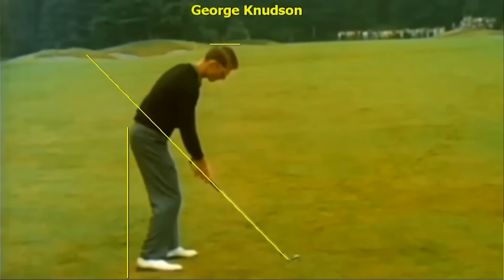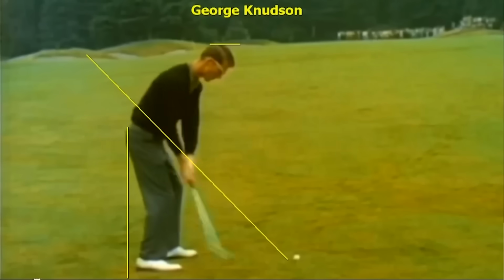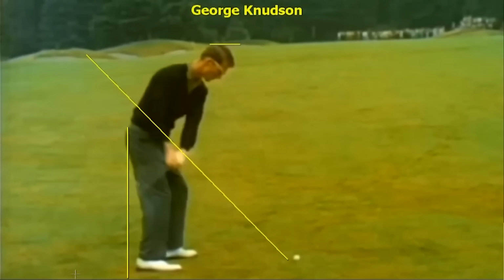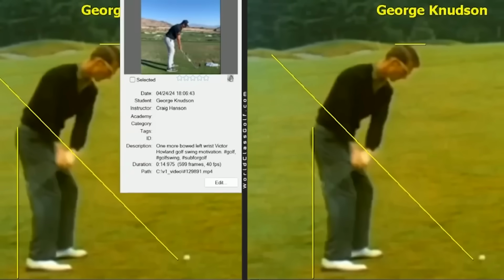So as we get further into the swing of one of the best ball strikers ever, we see that the club was taken on quite a way on the inside. And it seemed to be back in the day that it was okay to just naturally move that club on the inside. Actually, the club ended up a little bit more on the feet line. I know the camera angle is slightly over the golf ball here, but when you have a look at the top 10 ball strikers ever, we've seen so many that have taken the club